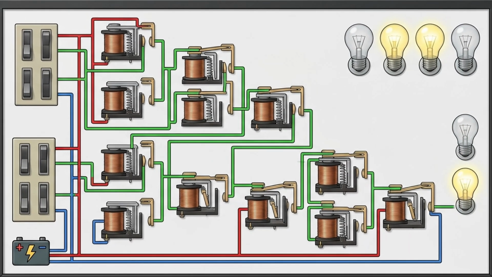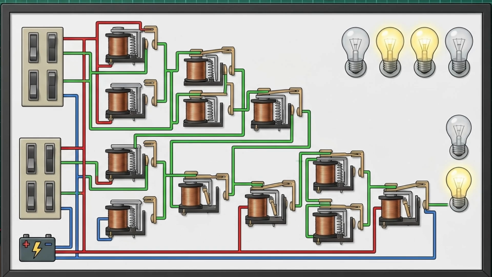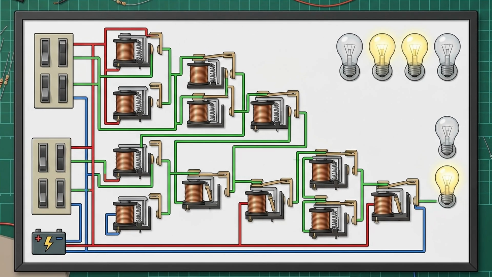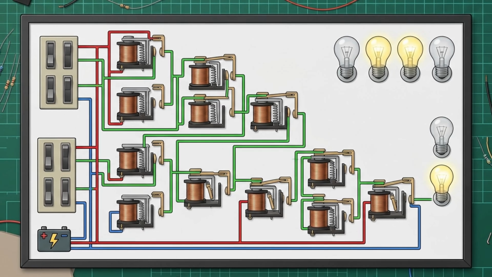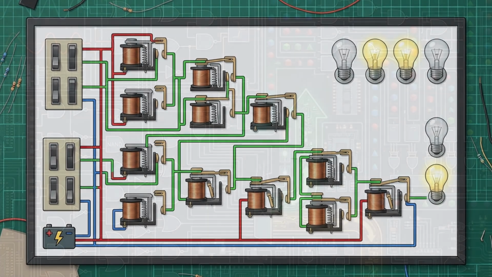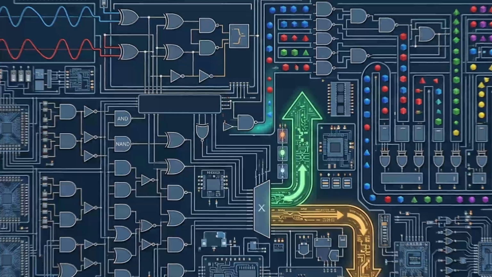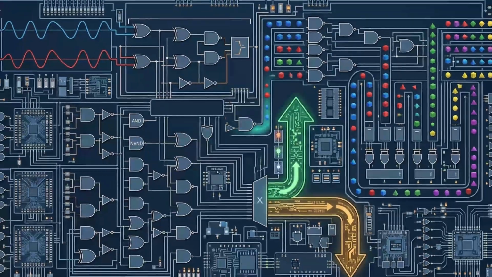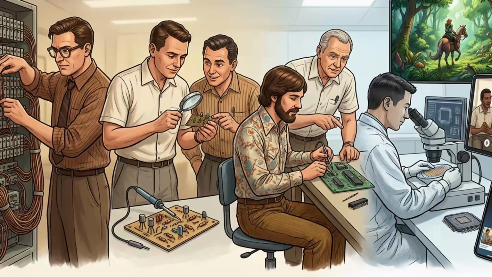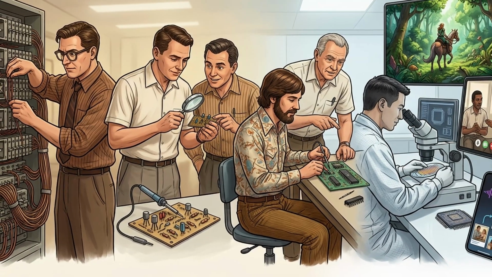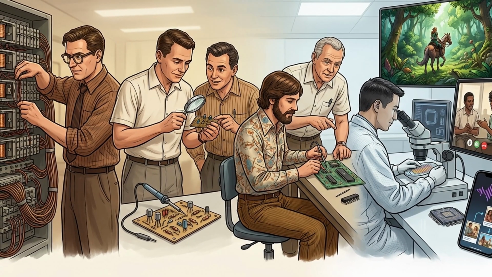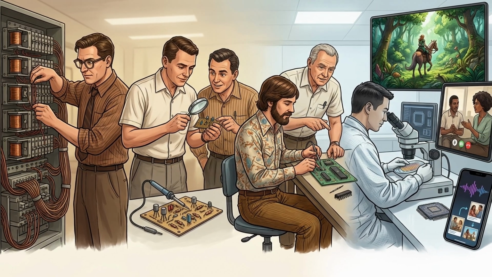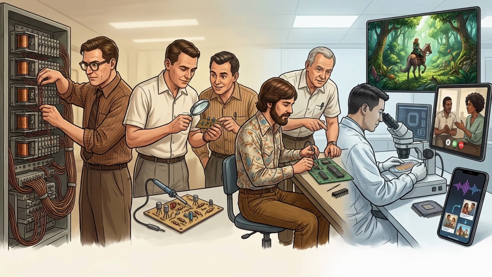Chain enough of them together in the right pattern, arranged so the switch positions representing one number combine with the switch positions representing another, and you've built an adder, a piece of hardware that can add 2 numbers using nothing but which lights turn on. A few thousand gates can compare values, sort a list, and decide which of 2 instructions to run next. A few billion of them, chained together by engineers standing on the shoulders of the last 70 years of that same idea, can render a video game, decode a video call, or hold a conversation.